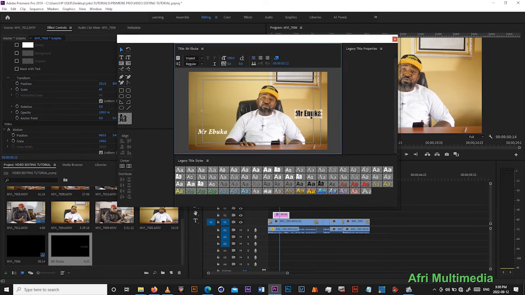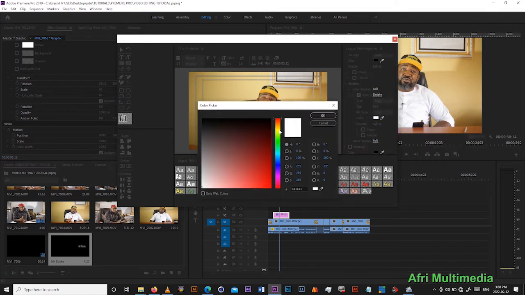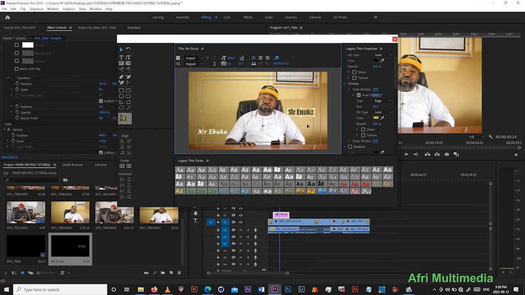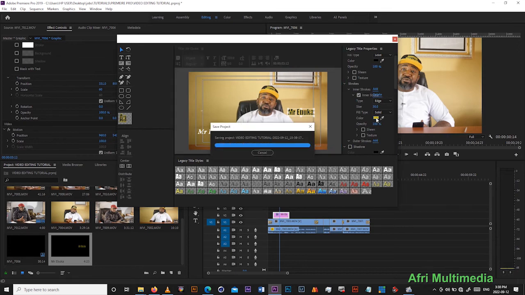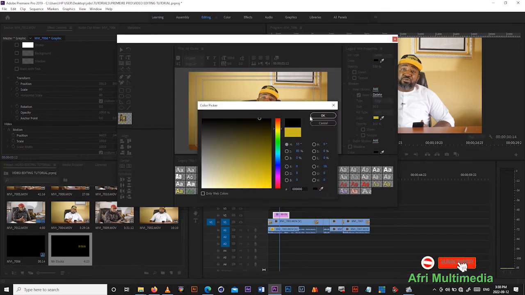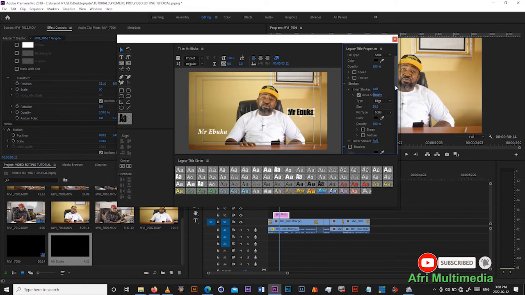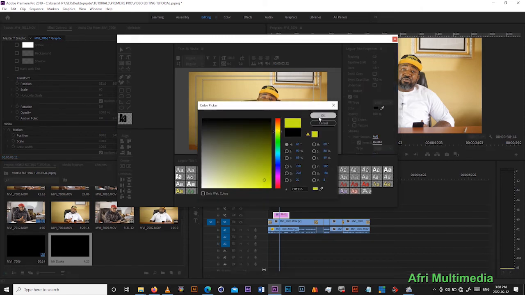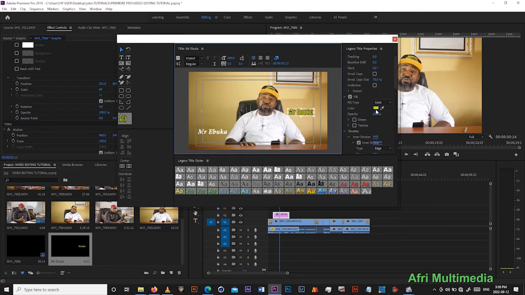So you can see that Mr. Ebuka has an inner stroke. Let's increase the size of the inner stroke so you can see it very well. You can see, right? Yes. Let's change the color of inner stroke to something yellow. Okay. You can see it comes to that. So let's change the color of the stroke to, let's say, something black. And then let's change the color of the text to something yellow. Let's get out and change color of the text, something yellow. Come here and select the text, something like this. So this is for inner